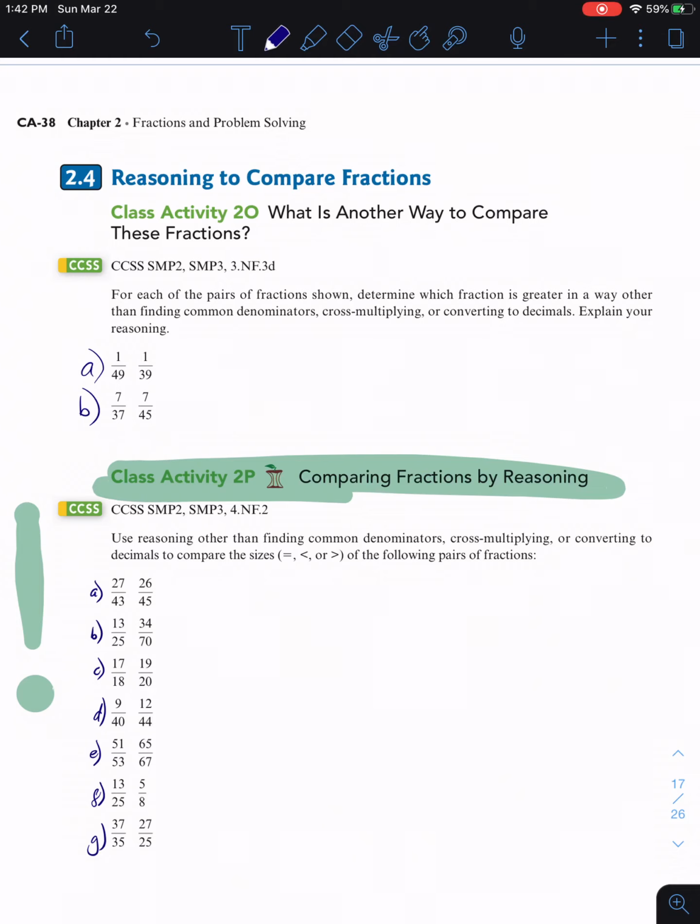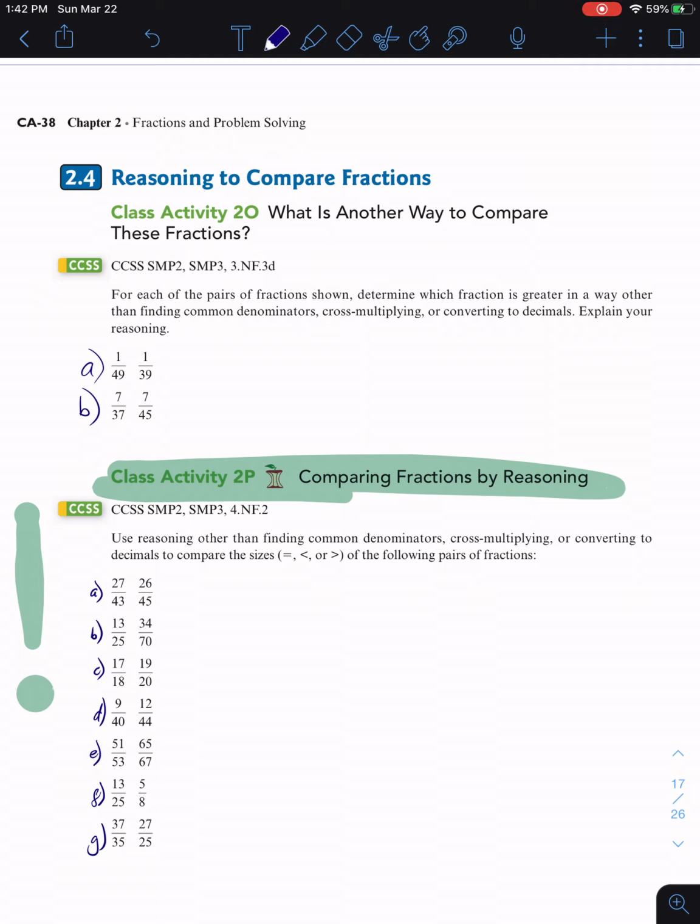All right, so let's move on to section 2.4. The focus of this is really using our ability to make sense of fractions to compare them. So in other words, comparing fractions by reasoning. Now, all of the standard ways to compare fractions are going to be